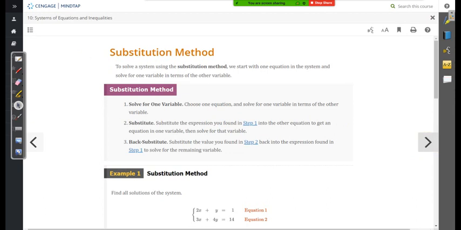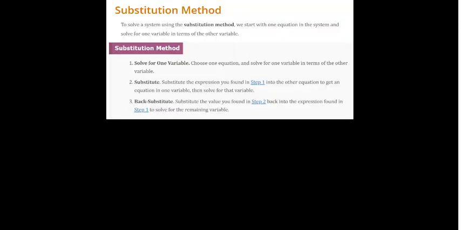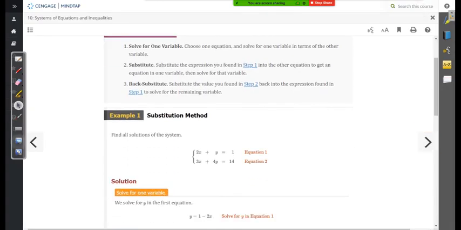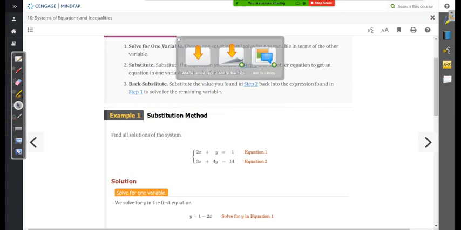Alrighty, so the substitution method. The book has a way to follow along, however, I like to do things without following along with that. You know me, at least you should by now. Instead, we're going to do it with my words. All right, so my words. Find all solutions of the system. So we have substitution,